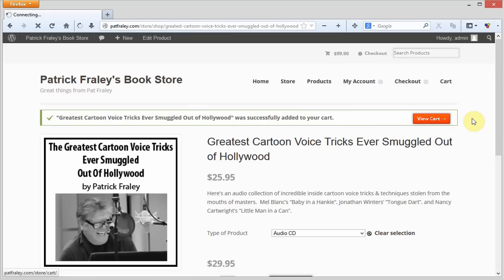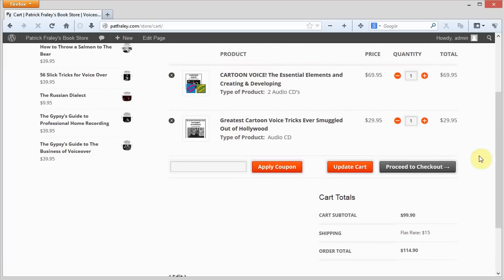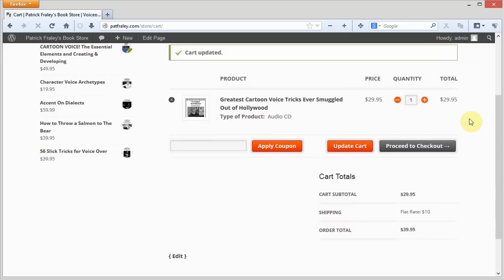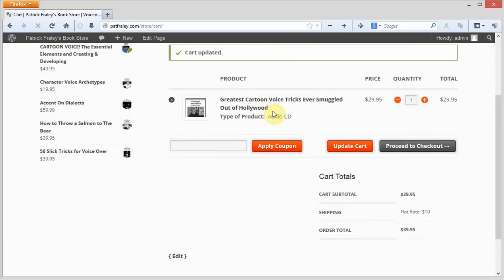Okay, let's go ahead and take a look at our cart now. Okay, so now we see that our flat rate is still at $15. Let's go ahead and remove this one. And now we see our flat rate has returned to $10